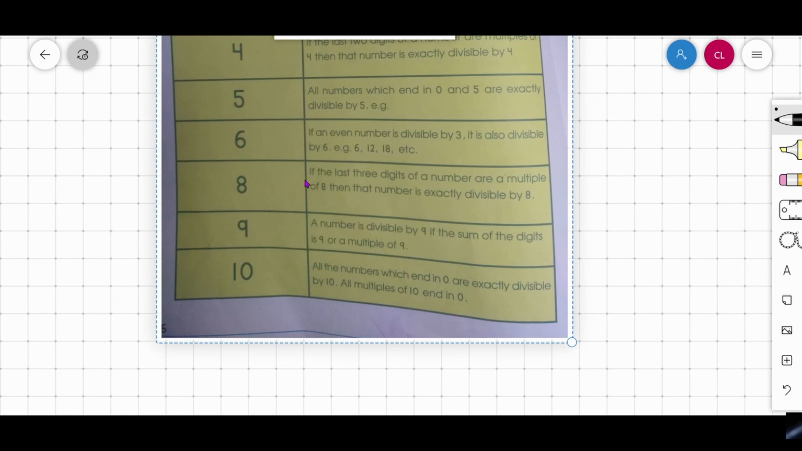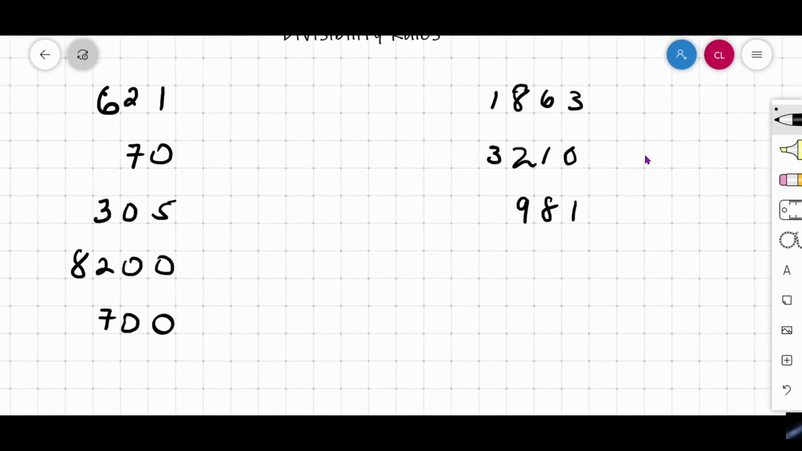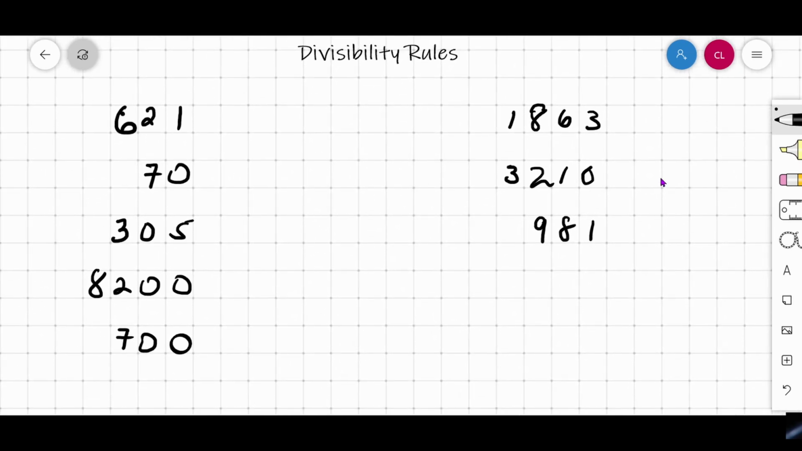All right. 8. If the last 3 digits of a number are a multiple of 8, then that number is divisible by 8. 9. A number is divisible by 9 if the sum of the digits is 9 or a multiple of 9. And 10. All numbers which end in 0 are exactly divisible by 10. All multiples of 10 end in 0. Alright, so those are the rules. So let's go ahead now and we're going to look at